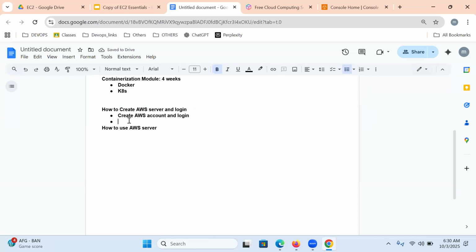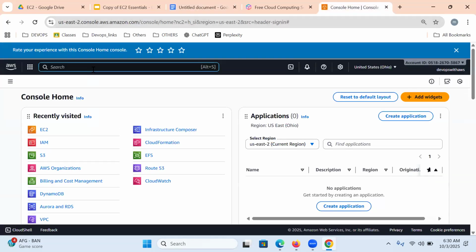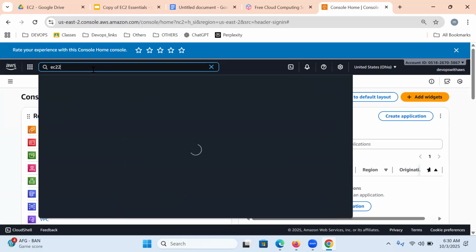After successfully creating the AWS account and logging in, then choose EC2 services. Once you choose EC2 services,